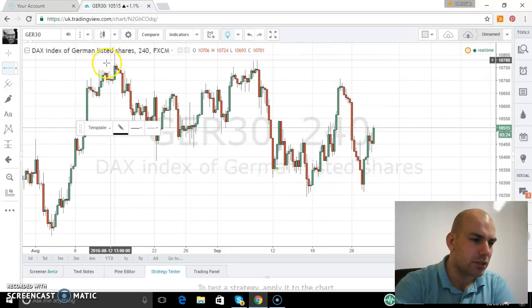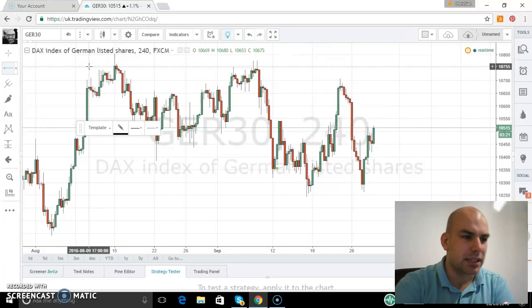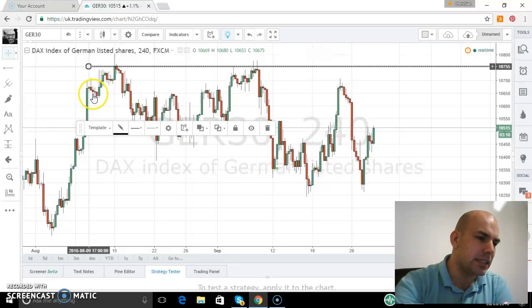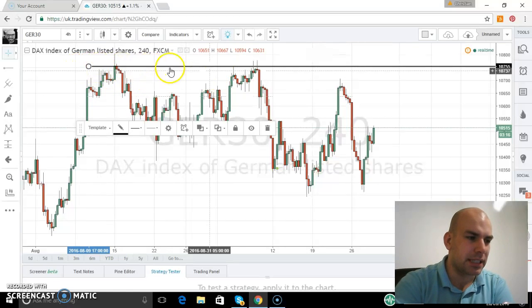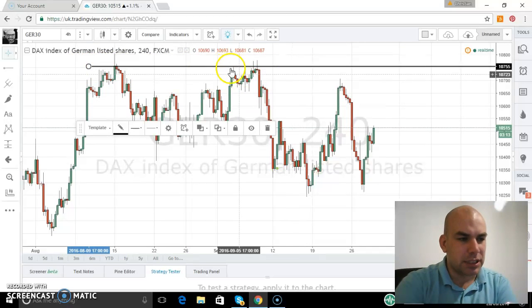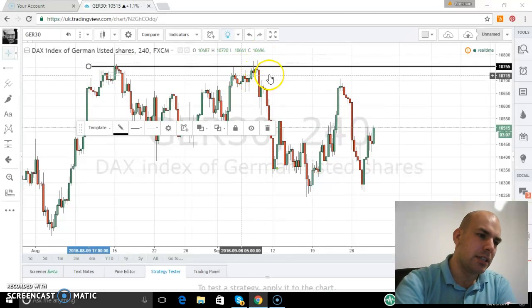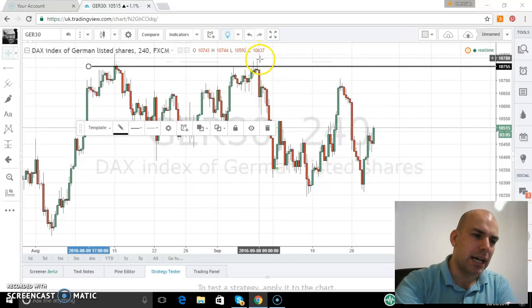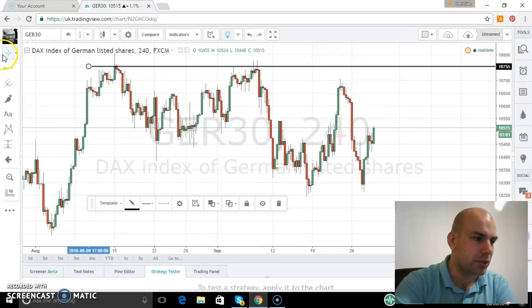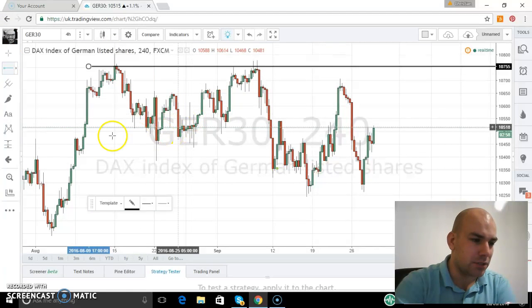So we can draw a horizontal ray. Always remember, as we've always stipulated, that support and resistance are regions. They're not individual prices. You can see this line is touching this peak and the body of this, but it's not touching the highs of the wicks here. Obviously, with the number of lines we'd be drawing, they would cover most of the chart. We're just trying to get a brief idea of what we're looking at, and look at this spike here back